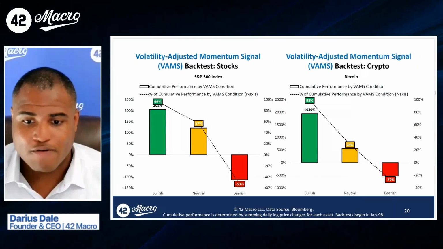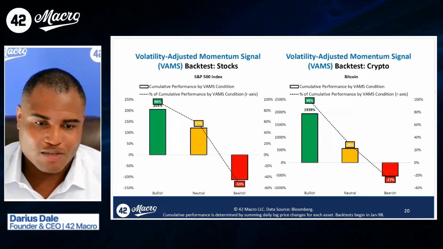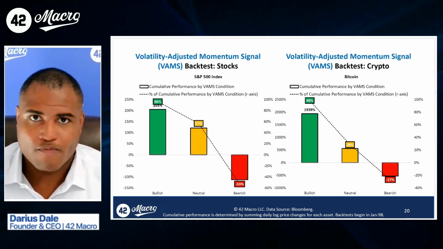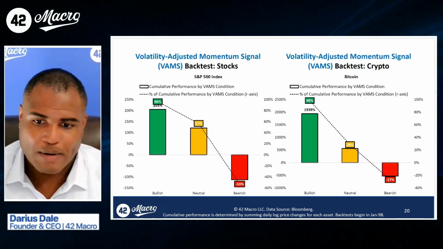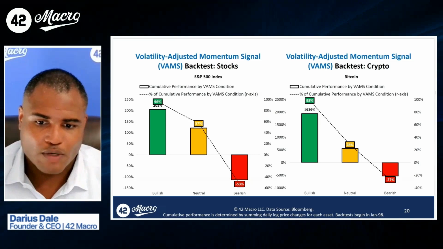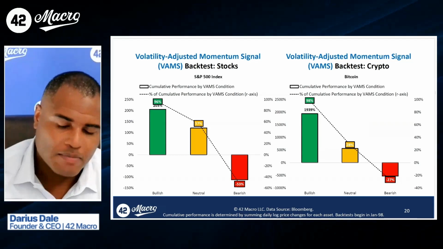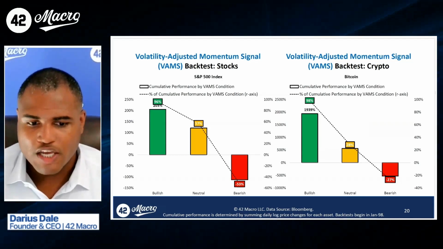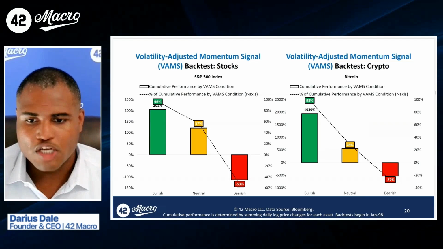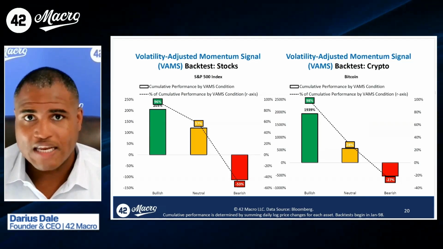We remind you in every presentation that these tools work, at least with the back test. And so we'll just quickly go over them for those who may be new. I'm suspecting we're probably going to have a lot of new clients after this week, just given the success that we had recently. The VAMS, our volatility adjusted momentum signal, which again is the primary tool we use to help investors identify trends and inflections